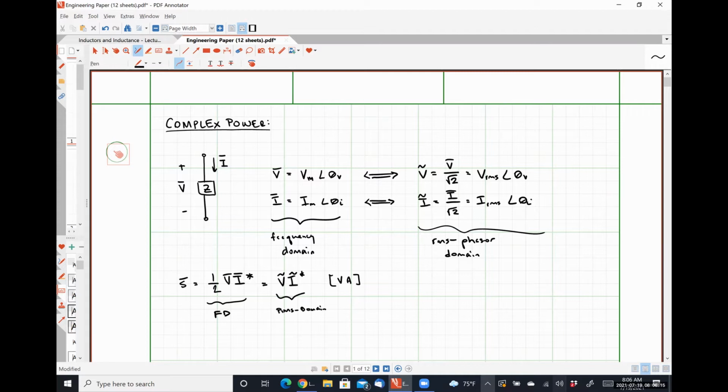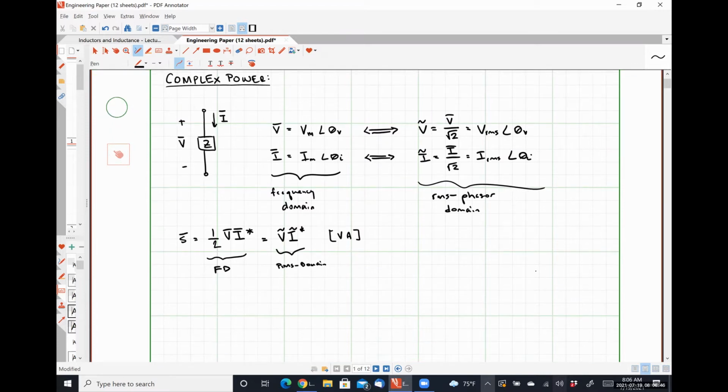All right, so complex power is RMS phasor voltage times the conjugate of RMS phasor current, and has units of volt amperes. So it's obviously a complex number, right? So we can actually use Euler's identity to express it in a couple of different ways. Okay, so we could say that our complex power